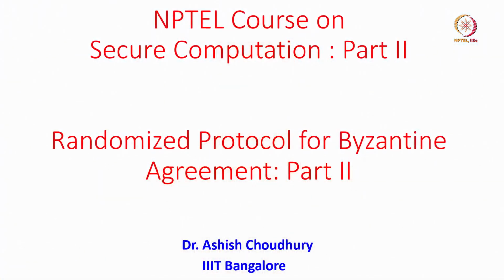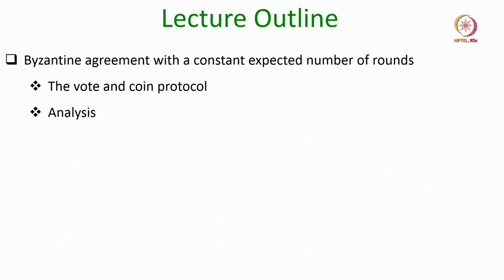So, we will continue our discussion regarding randomized protocol for Byzantine agreement. We will see the framework due to Ben-Or and Rabin, how we can combine the vote and coin primitives to get a Byzantine agreement protocol with a constant expected number of rounds, and we will do the analysis of